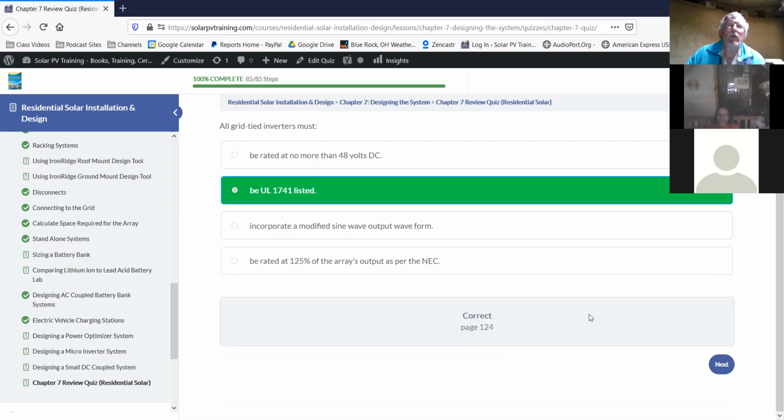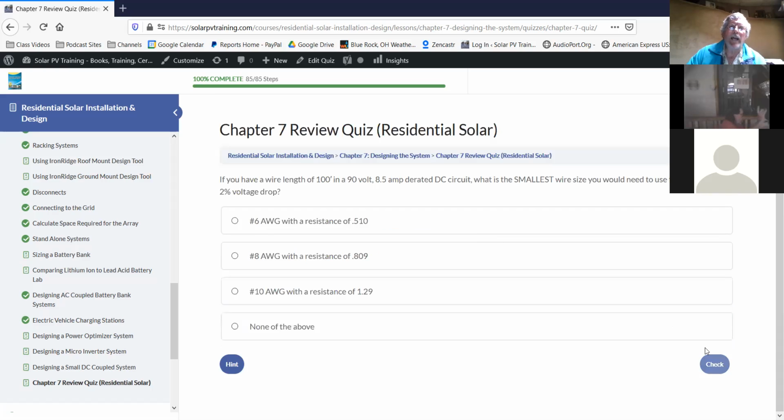So really what we do require is that everything be UL 1741 listed, and that includes provisions like the anti-islanding provision and the ground fault protection provision, that's part of the standard. So every inverter has got to have ground fault protection. It's got to have arc fault protection built into it. So if your system looks like it's going to arc, the inverter will clamp it down. So there's a lot of stuff within that standard, so everything within the system has to be